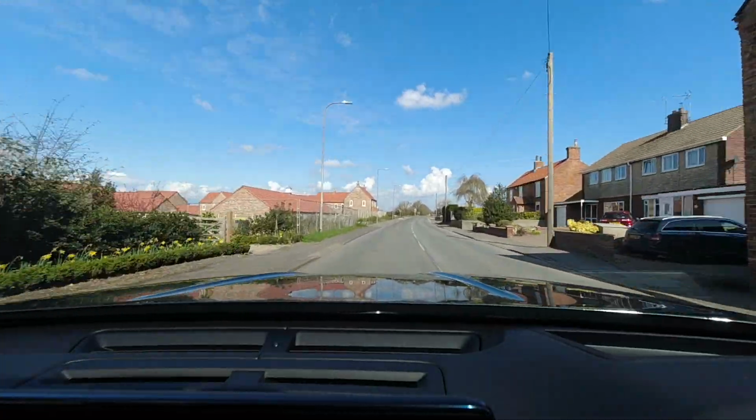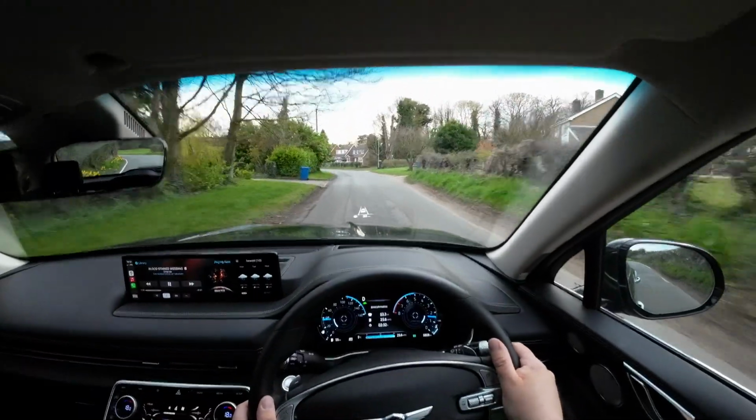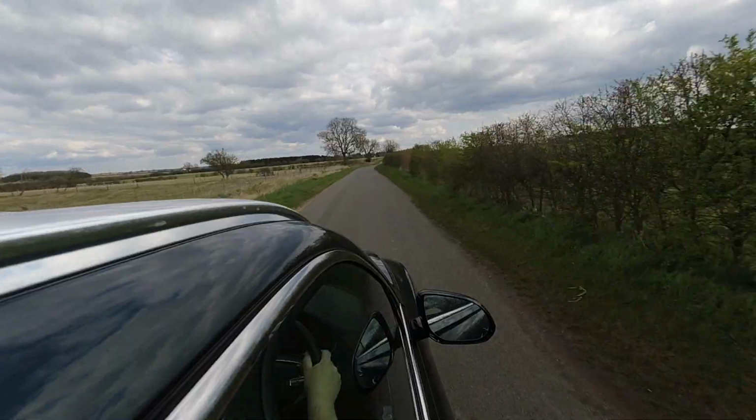Now, the Genesis has got this active sound that comes into the cabin to cancel out any of the exterior noise coming into the cabin, and I actually think it works. I mean, it does feel like a really refined car. And then, as I said, as you're just driving over a bit of poor tarmac, you just get that road noise coming into the cabin. However, I've not really been experiencing road noise coming into the cabin because, well, I've had my car linked up